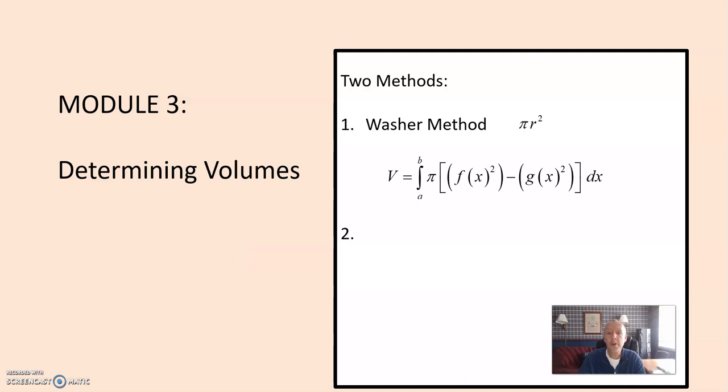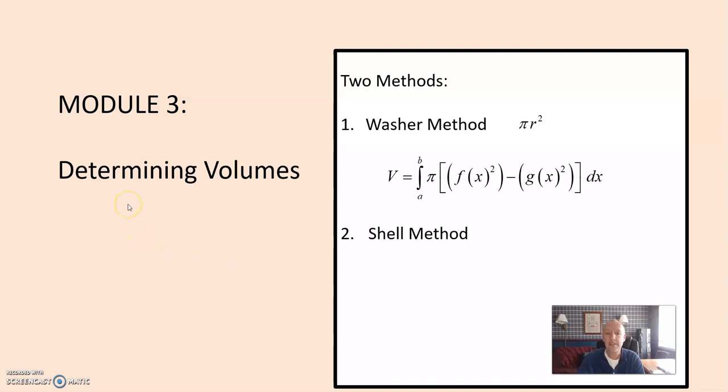So the formula for the washer method, the formula for finding the volume, is equal to the integral of the endpoints, labeled here as a and b, times pi times the difference of the outer radius and the inner radius. So we have that the volume equals the integral from a to b of pi times the quantity f of x squared, that being our outer radius, minus g of x squared, our inner radius, integrated with respect to x. Now, if there was no inner radius, g of x would be 0, and then we would be reduced back down to the disk method.